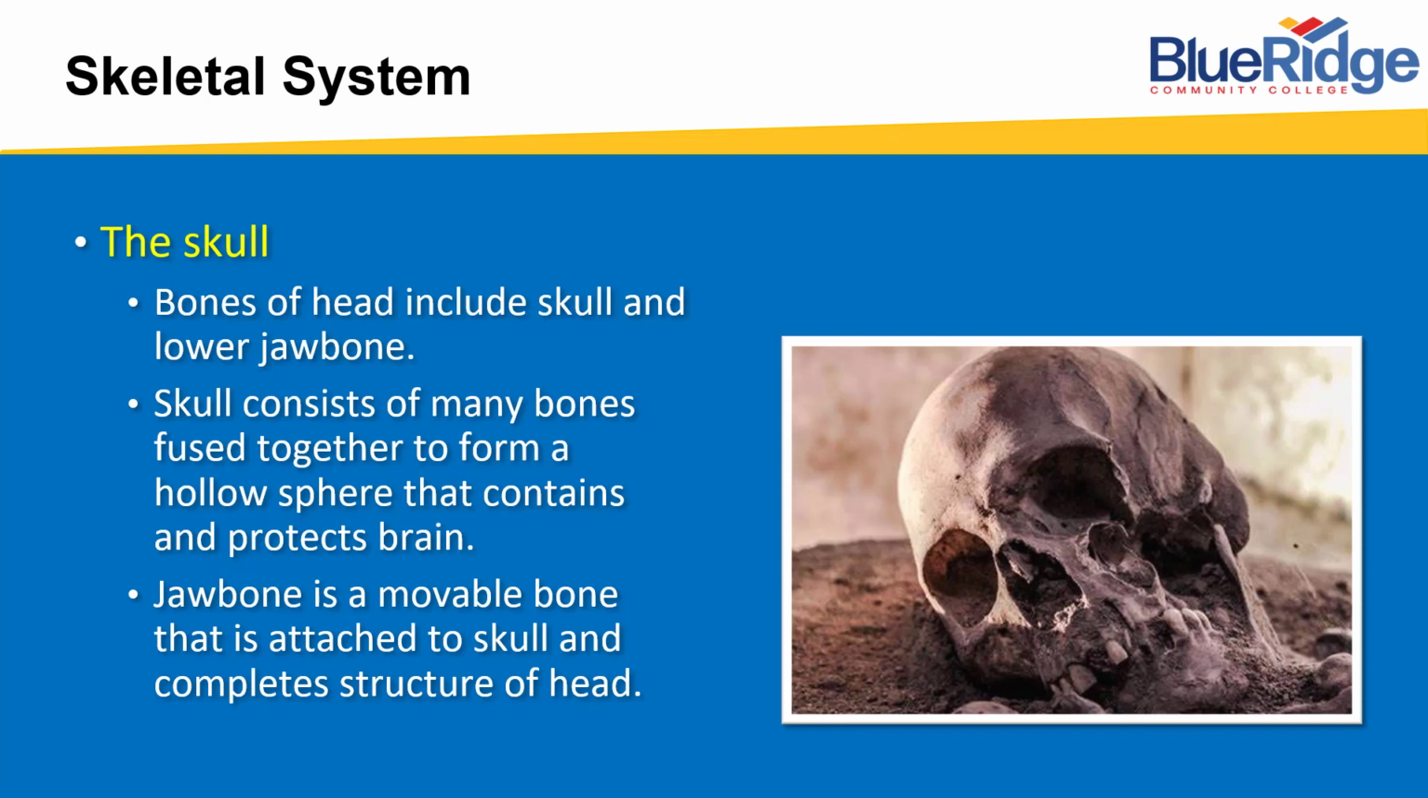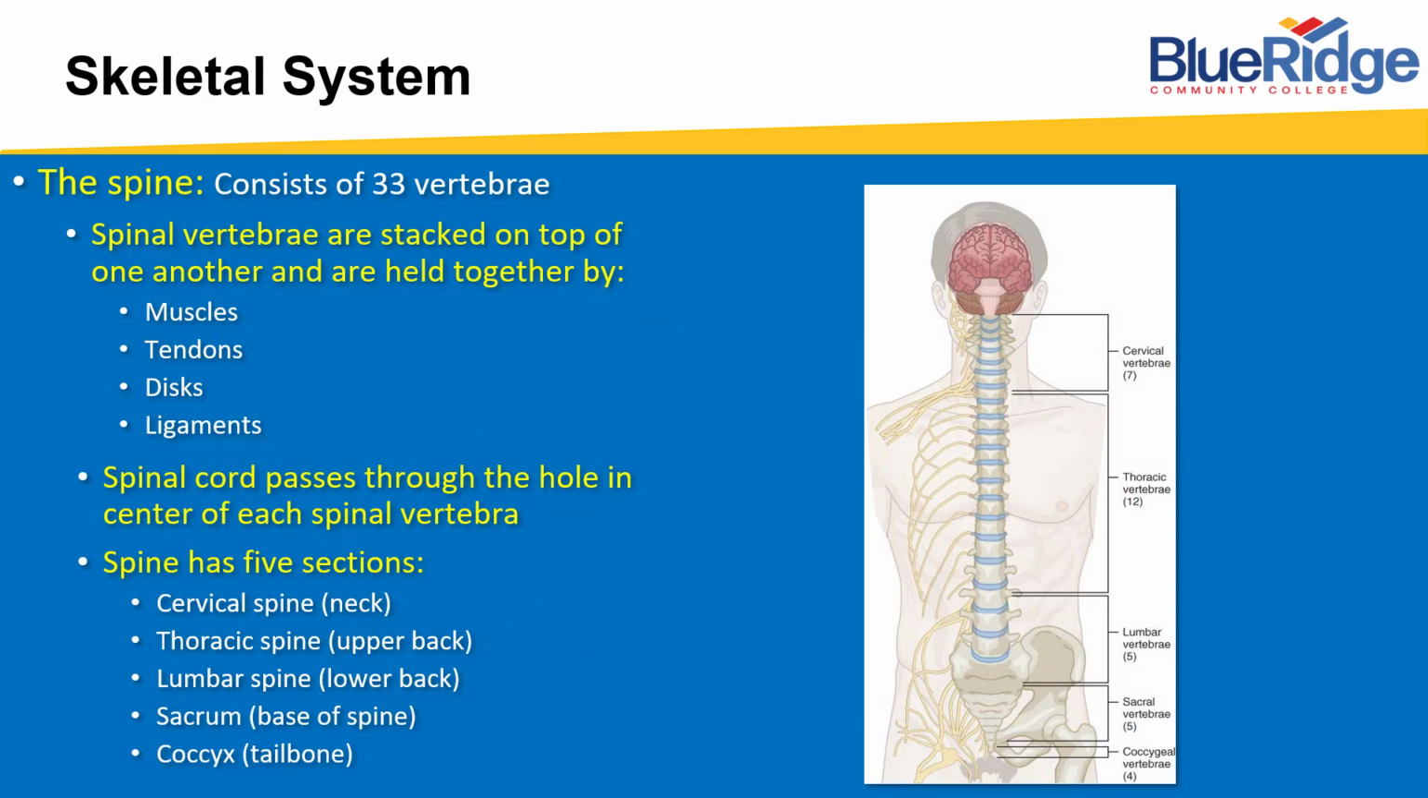Bones of the head include the skull and the lower jawbone. The skull consists of many bones fused together to form a hollow sphere that contains and protects the brain. The jawbone is a movable bone that is attached to the skull and completes the structure of the head. Moving on down the spine,